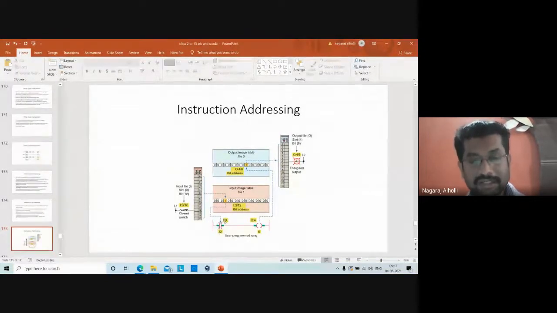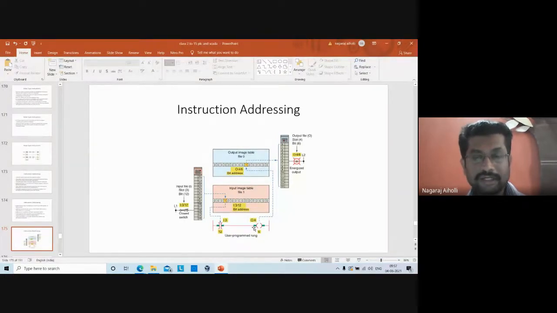This is how the instruction addressing is used here. I:3 means input file 1, slot number 3, then 12 indicates the bit. So this is how the addresses are used for the various instructions.